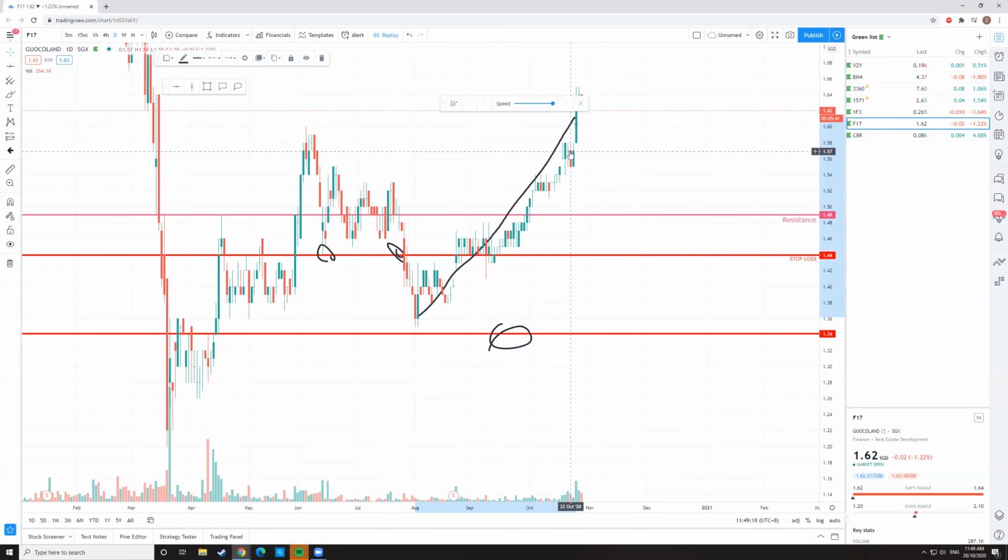So from your perspective, even though you did not take any loss, you are actually stuck in this position for 4 months. That is something you need to consider very, very carefully, because within that 4 months, you can actually take that money and go and trade something else. For example, you can go and trade iFast, you can go and trade Sunningdale Tech, which are all running during the period. But now, because your position is stuck here, you might not have enough